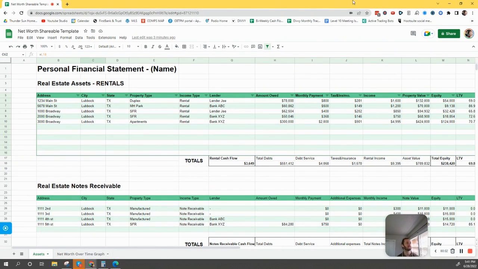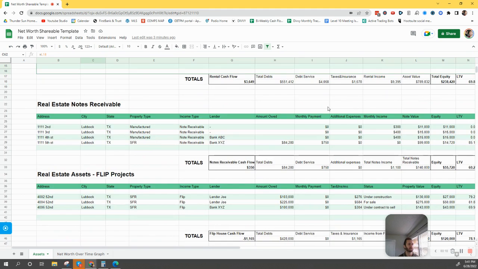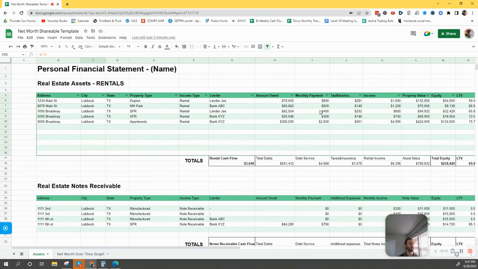All right, I'm going to share this net worth calculator as well as it doubles as a personal financial statement. So I send this to banks filled out with my info. None of this is my info. I've just made up names, made up addresses, made up amounts, just so you can see how this template